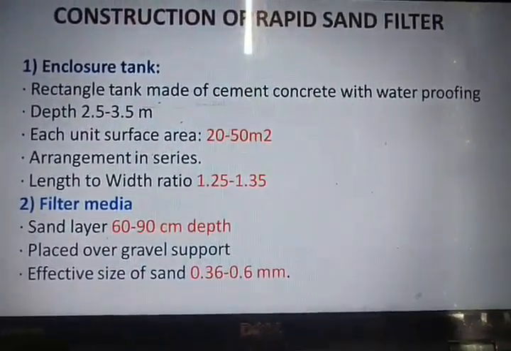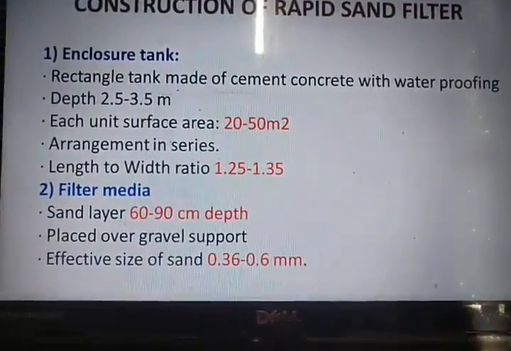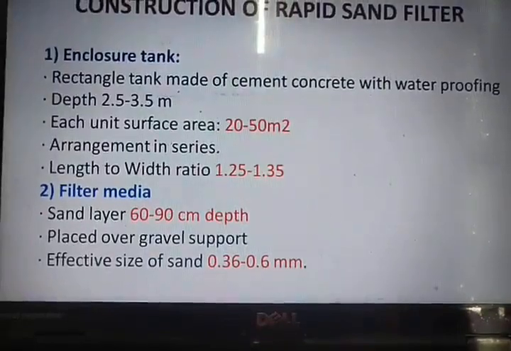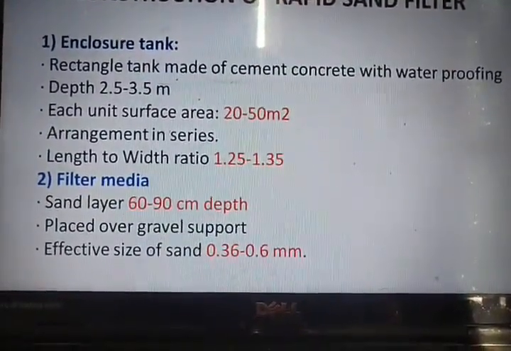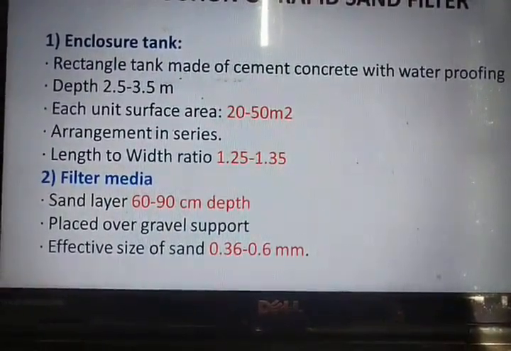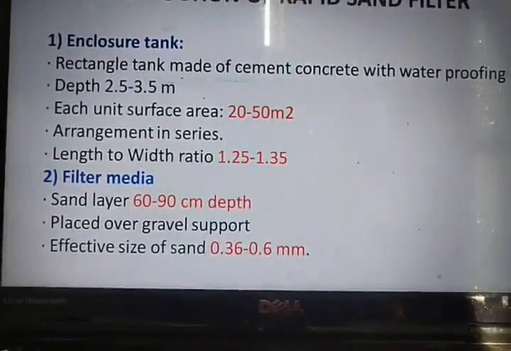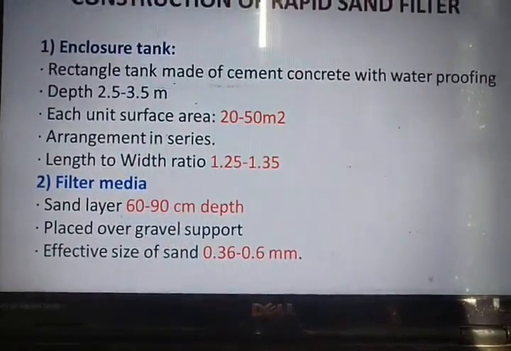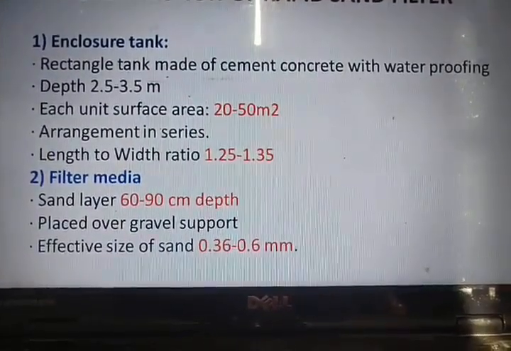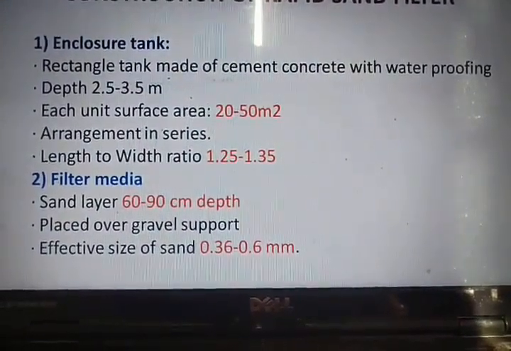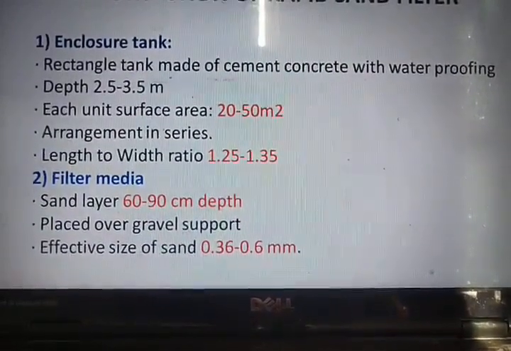Then coming to construction of rapid sand filter, it also consists of a rectangular enclosure tank with a depth of around 2.5 to 3.5 meter and the surface area of it being up to 20 to 50 meters square, and the beds are usually arranged in series, that is 6 beds or 8 beds depending upon the type of the design, and usually the length to width ratio of the bed will be 1.25 to 1.35,